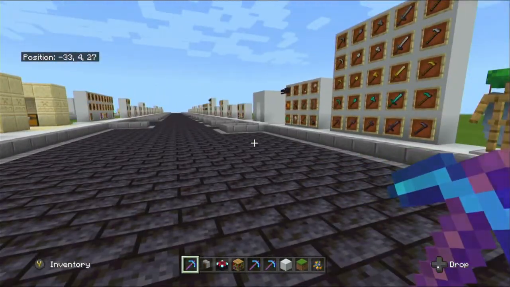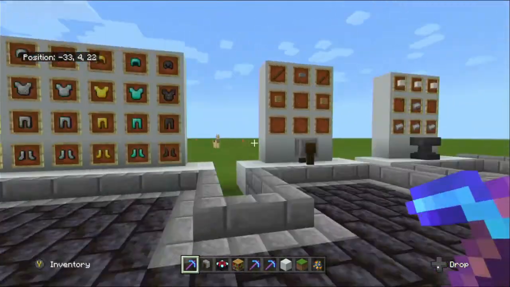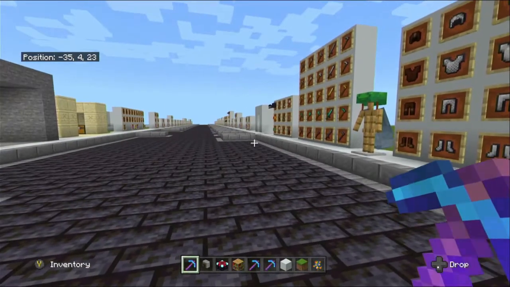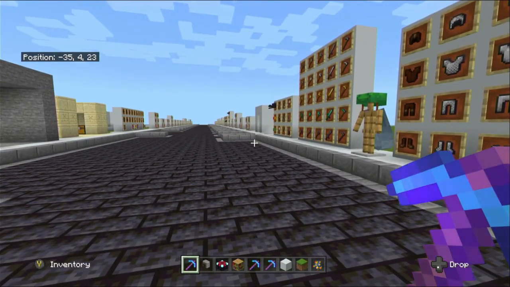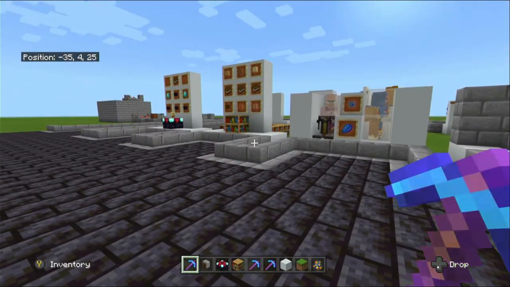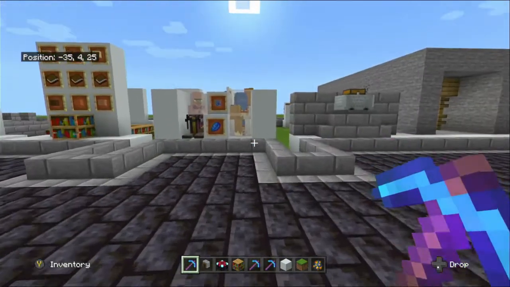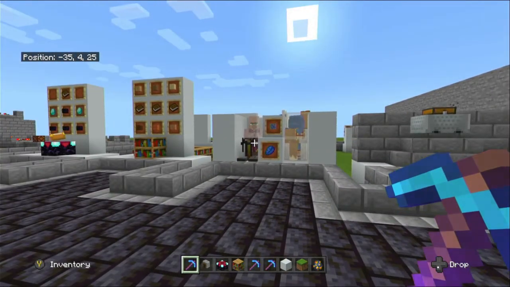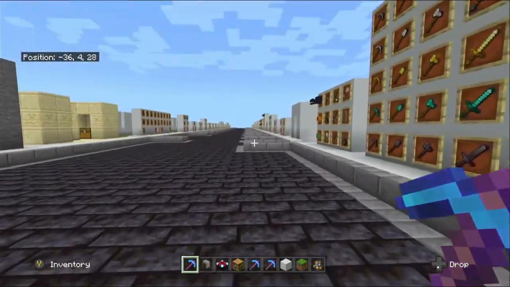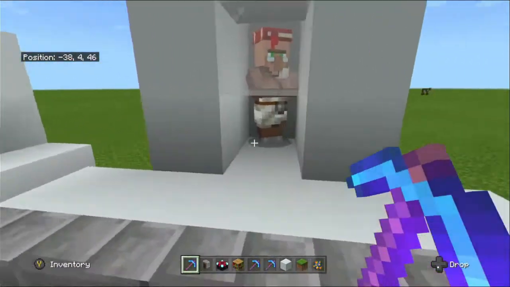So next we're going to look at where you can find the treasure enchantments. The enchanted books, or shall I say, you've got 2 types, treasure ones and standard ones. Standard ones are available through the Enchantment Table and also through villages. You've got Toolsmith and Weaponsmith, which will trade you enchanted tools and armor, and the Librarian, which is just here,